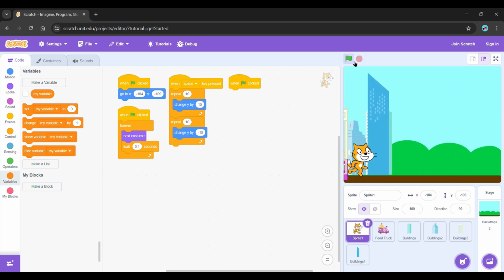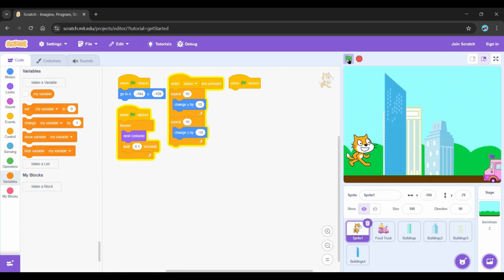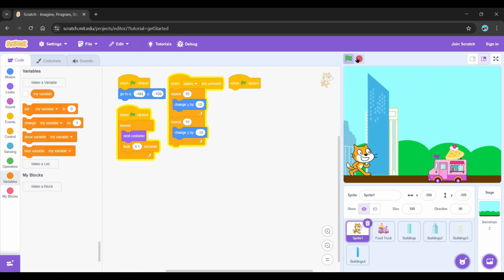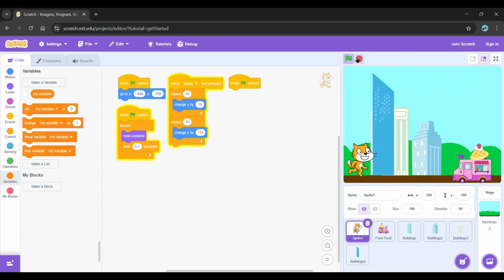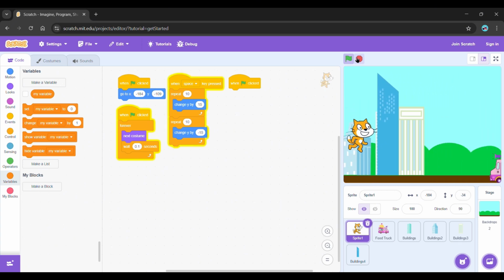You will stop the game. The game will stop if the cat is run over by the ice cream truck. Now, let's start it. As you can see here, our game doesn't even have the capability to produce scoring, right? It doesn't even have a score at this point.